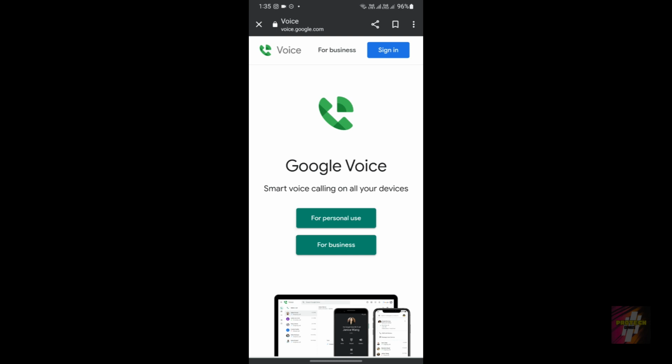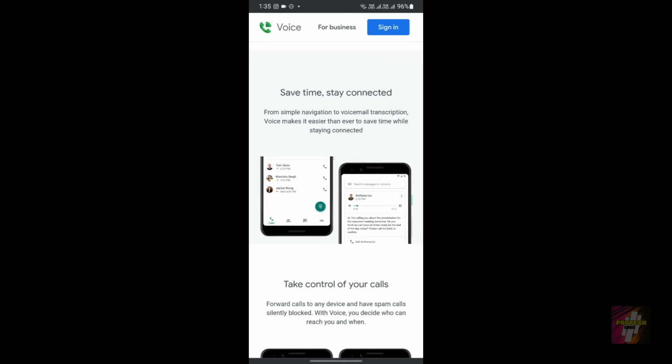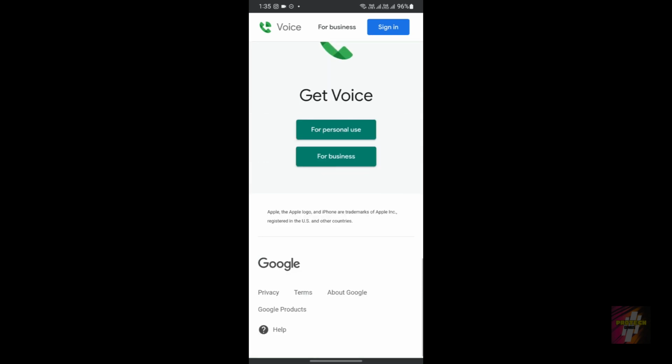For personal use, you guys can just watch this video. Remember, a Google Voice number can be transferred only once every 4 months, and your call history and voicemails don't transfer to the new account, only the Google Voice number transfers to the new account. So these are the three important points which you have to remember.